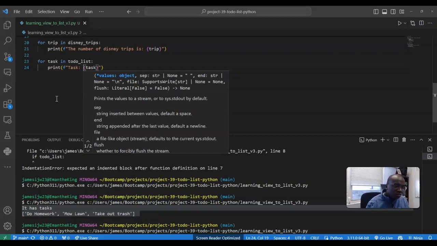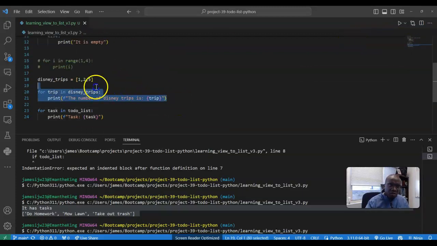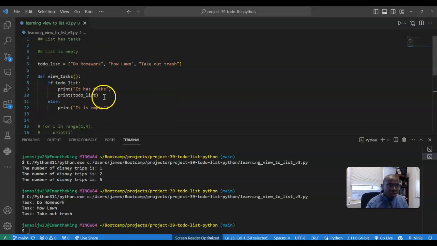Okay, let's run the code. And let me comment this out as well so that we don't see this. All right, so run. So you see task, do homework, task, mow lawn, task, take out trash. Great, so it worked. So all we have to do is take this for loop and then just replace it